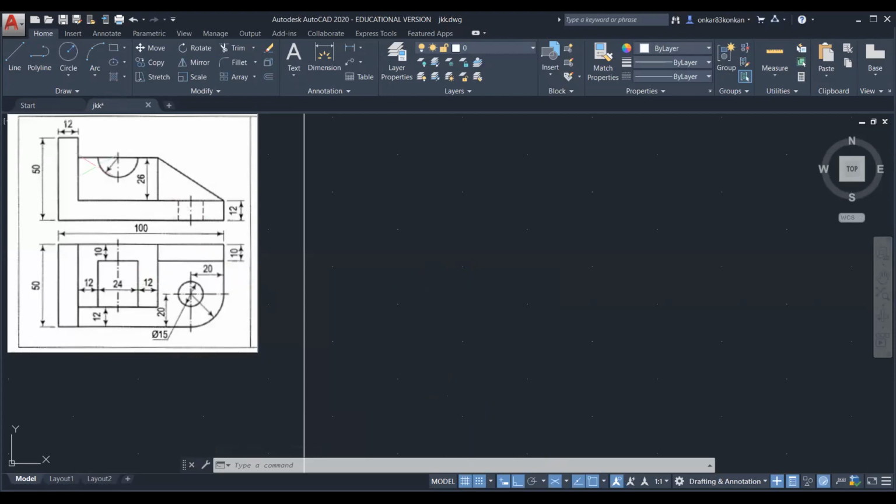Now, similar to the manual drafting, we should create the rectangular box. Okay. So you can draw one reference line.